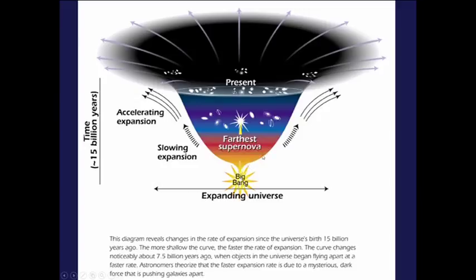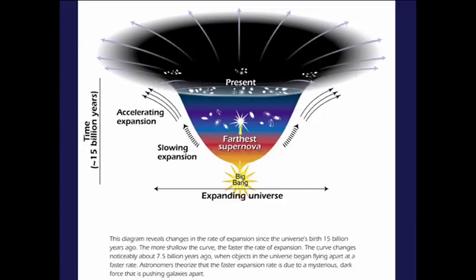And when we look back in time, and we will come to how we look further and further back in time, and this is from quasars, we'll look at that in a minute, instead of finding this slowing expansion, what we find is it slowed down for a bit, and then as time went on, it started to expand. And so we found that there's some mysterious force which is pushing galaxies apart and increasing the rate at which the universe itself expands.